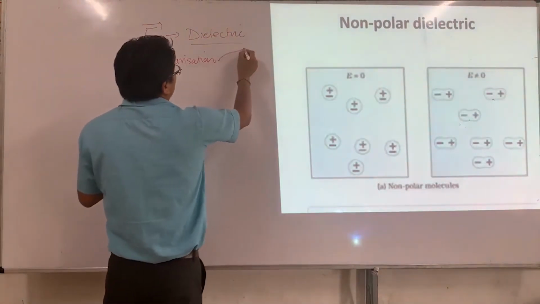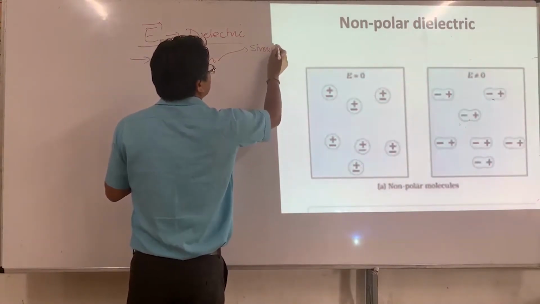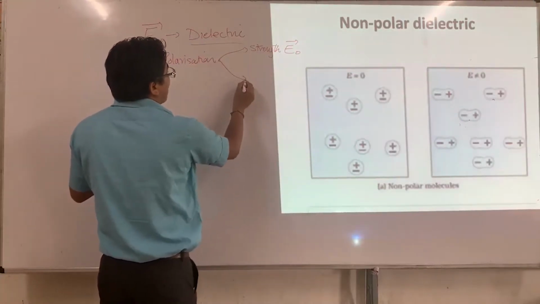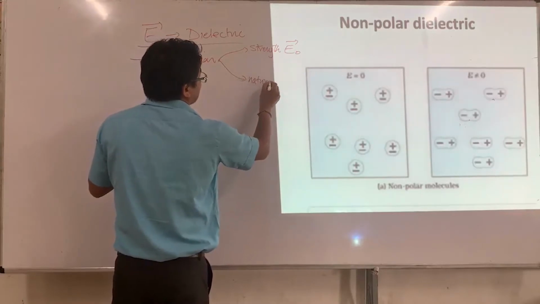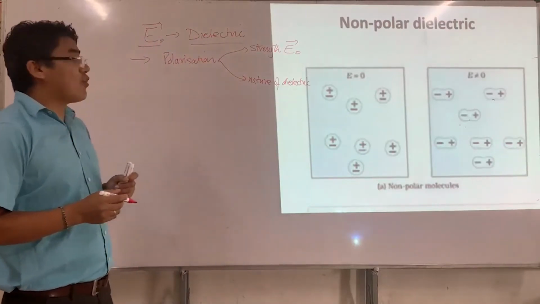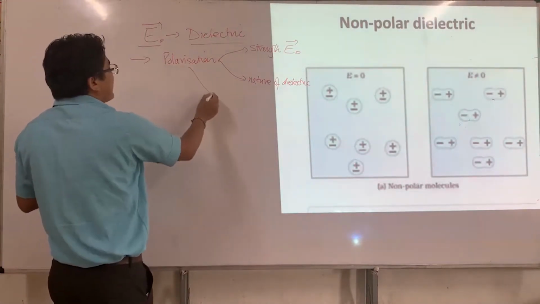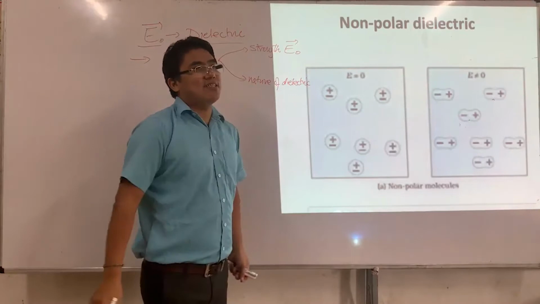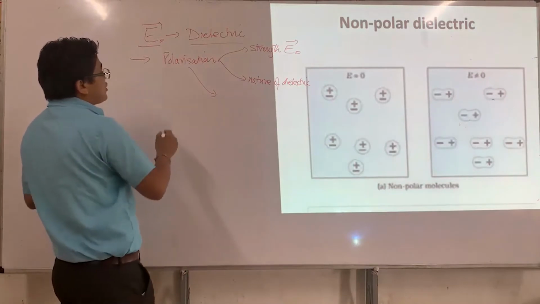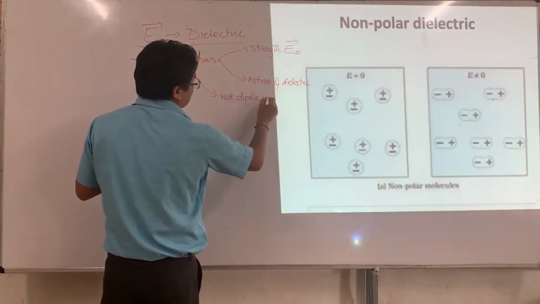And the amount of polarization is defined by two factors. One is the strength of the external electric field, and the second is the nature of the dielectric. So what do we mean by polarization? When I say it is polarized, that means the bulk molecules have net dipole moments. So polarization is defined as net dipole moment